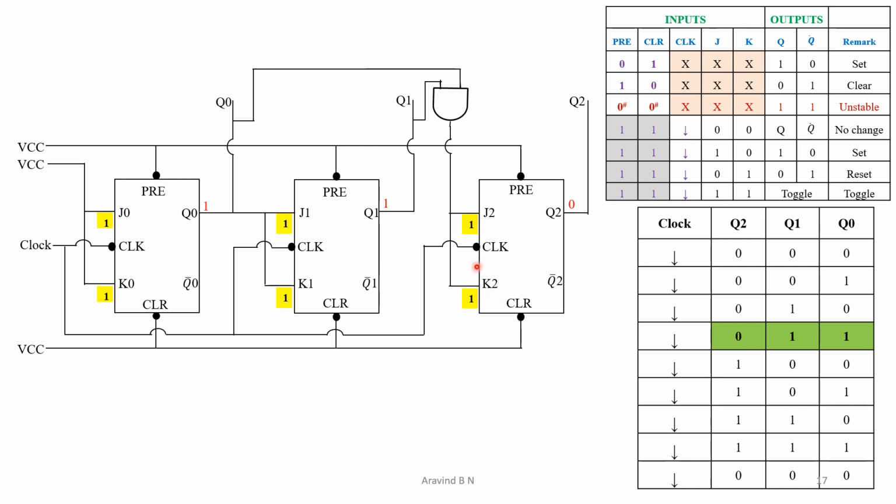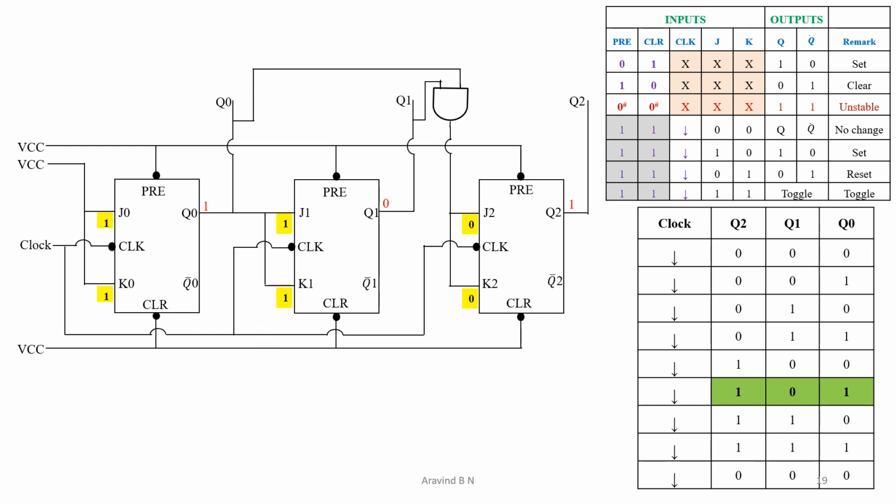Here also the J2 K2 values have got updated, because here it is 1 as well as 1 given to the AND gate. The output of the AND gate is 1. Therefore J2 and K2 at this instant are equal to 1 1. That is the most important thing. Then further it has updated to 1 0 0. Correspondingly J1 K1 updated, J2 K2 updated. Then it is 1 0 1.